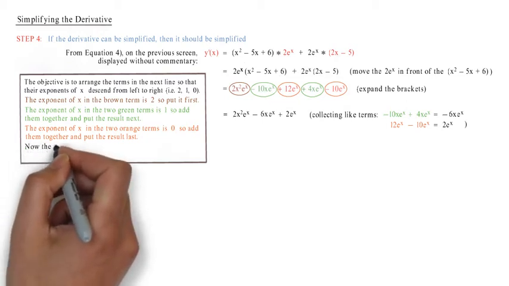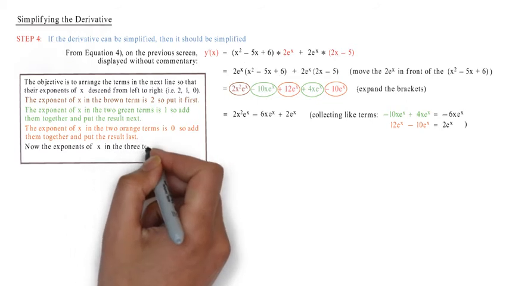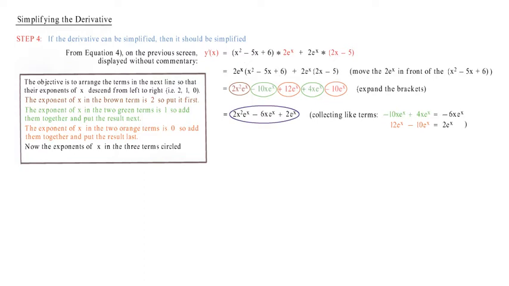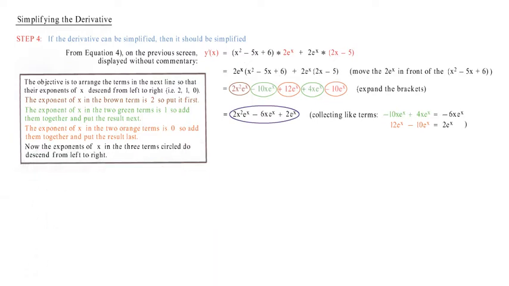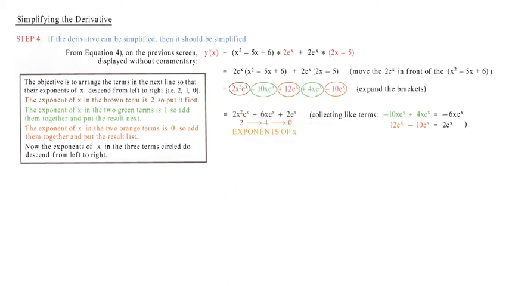Now the exponents of x in the three terms circled do descend from left to right. Exponents of x: 2, 1, 0